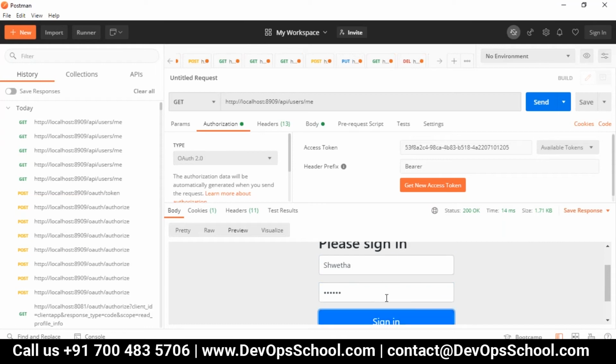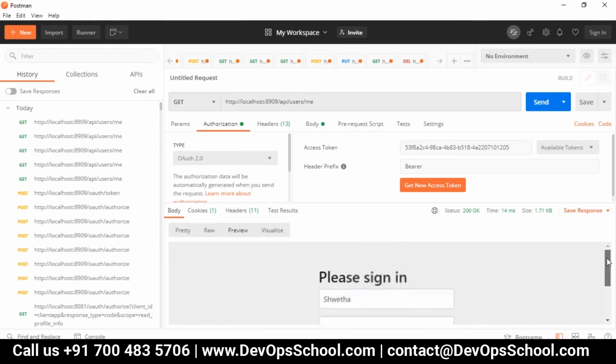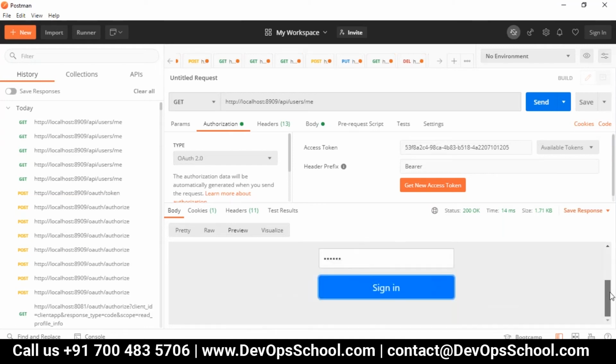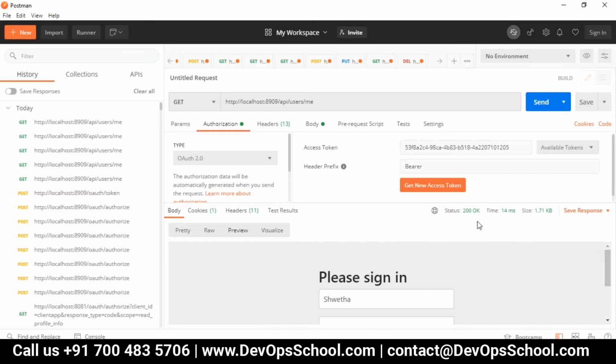Now it will give your data with respect to your application which you want to get. So then again you are getting a status 200. That is how we work with the entire authentication process.